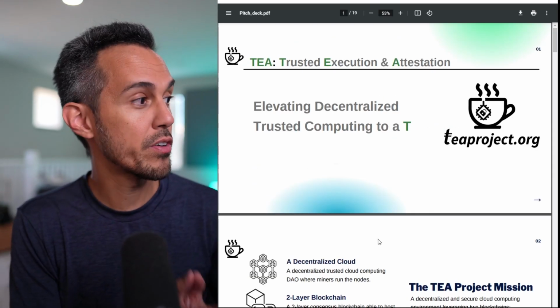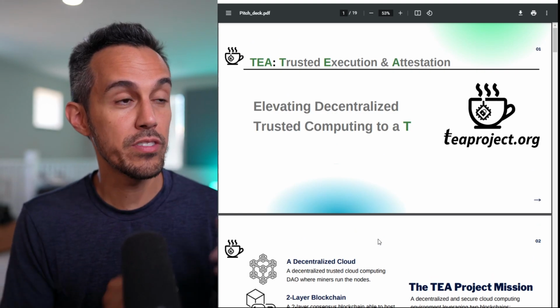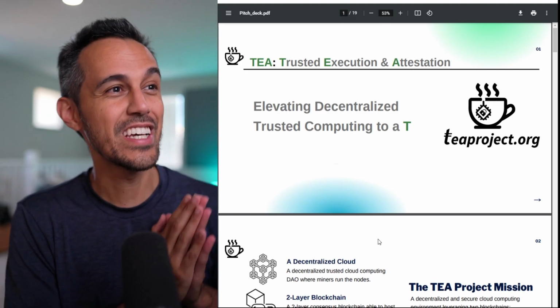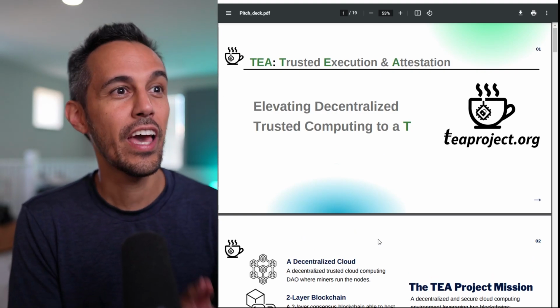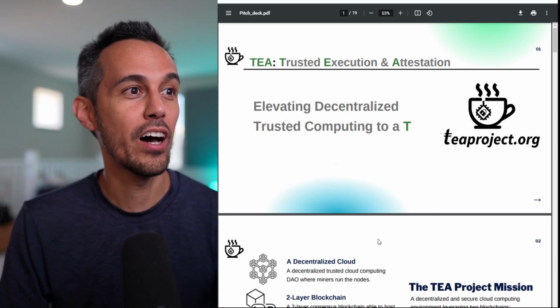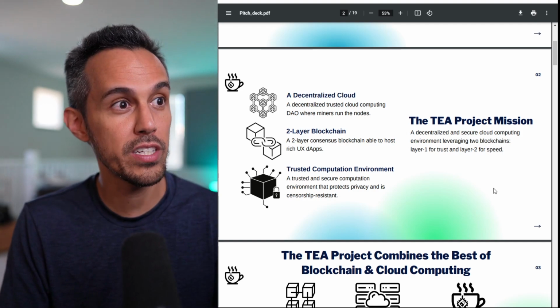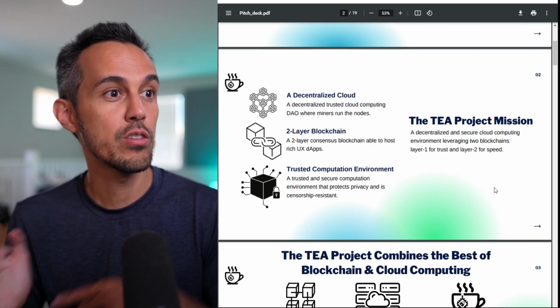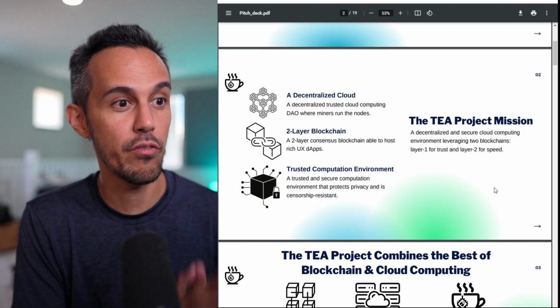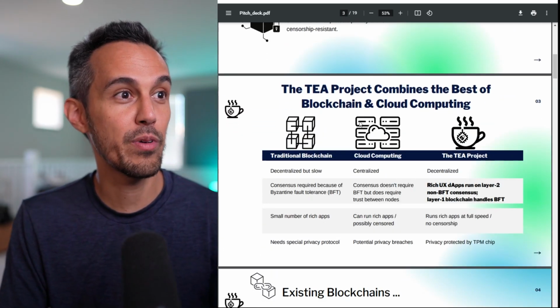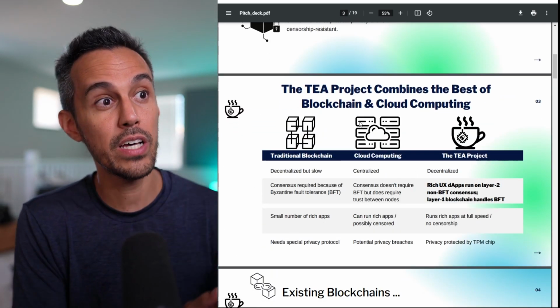So the last thing I want to cover today is their pitch deck. So T actually stands for something. It stands for trusted, execution, and attestation. Elevating decentralized trusted computing to a T. So they talk about their project mission, decentralized cloud, two-layer blockchain, trusted computation environment. And I think they did a good job here of saying the T Project combines the best of blockchain and